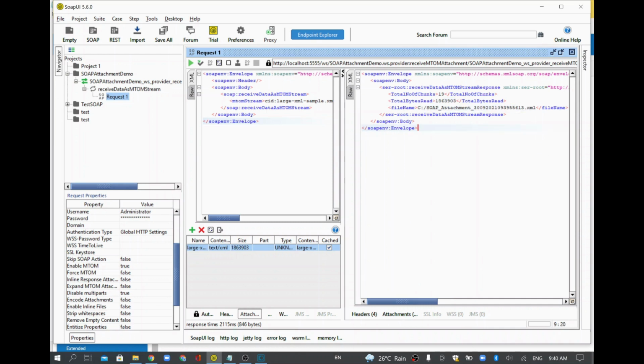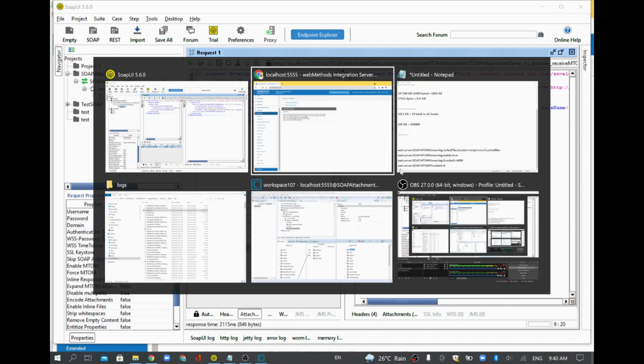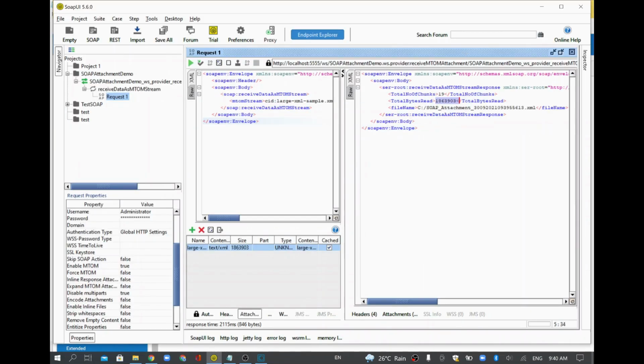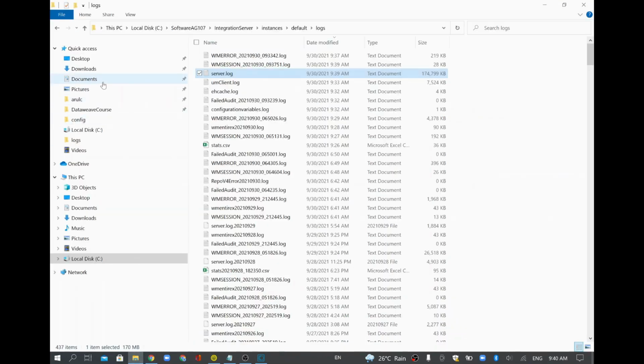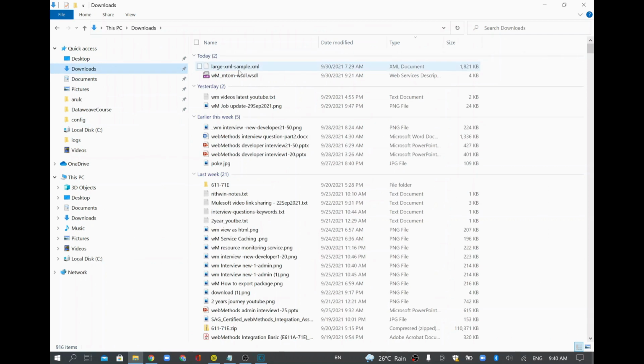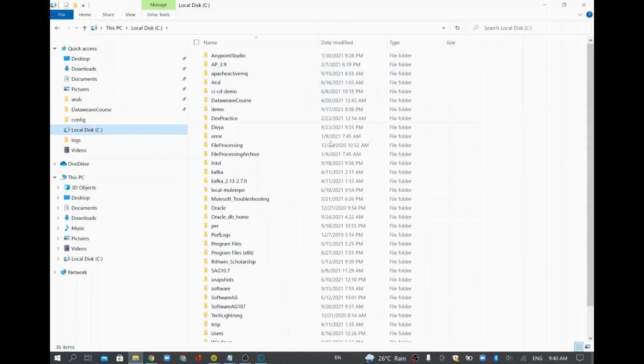What has happened now is that our service received the data in 19 different chunks: 18 chunks of 100 KB, which is 1800, and the remaining chunk of 63 KB. So the last one is very small. This much data it received, and it stored the value in this particular file. I'll go and see the file. Our original data, go to downloads, is 1821 KB, but maybe when we convert to bytes it comes to that value. And I'll go to C:, where it should match exactly that same value.